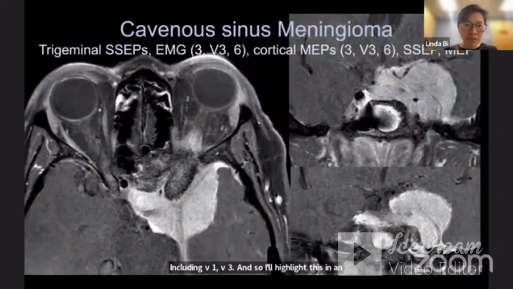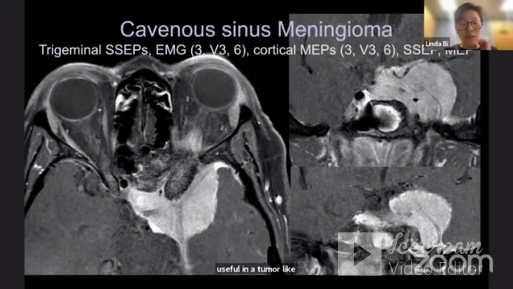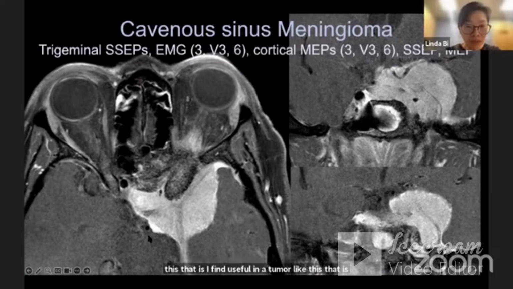So this is a cavernous sinus meningioma that I'll just quickly broach, not for the sake of the surgery, which was already beautifully discussed, but for the sake of what potential modalities I find useful in a tumor like this that is clearly within the cavernous sinus. This is a young woman who presented with increasing extraocular movement dysfunction in that left eye, as well as eye pain. And you can see the hyperostotic anterior clinoid and the engulfment of her